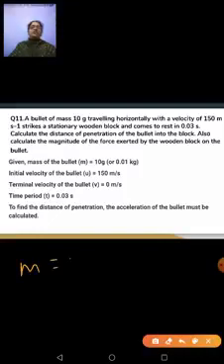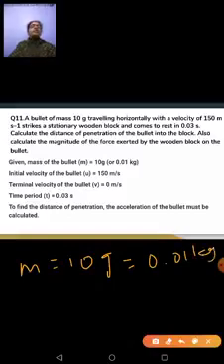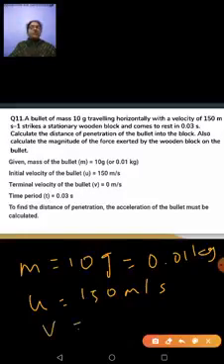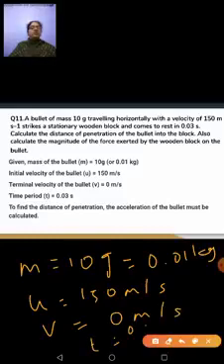They have given you the mass of the bullet as 10 grams. We'll convert this grams into kilograms by dividing by 1000, so we get 0.01 kilogram. Then they have given you that it is traveling with a velocity of 150 meter per second, so your u is equal to 150 meter per second, and it comes to rest in 0.03 seconds, so the final velocity is going to be 0 meter per second and time is given as 0.03 seconds. These are the terms given. And what do they want you to calculate? They want you to calculate distance, that is S, and they want you to calculate force, that is F.